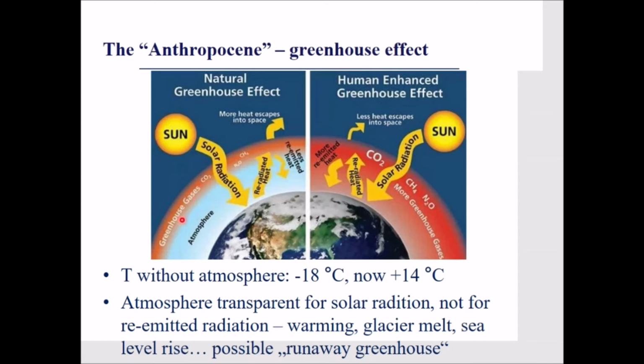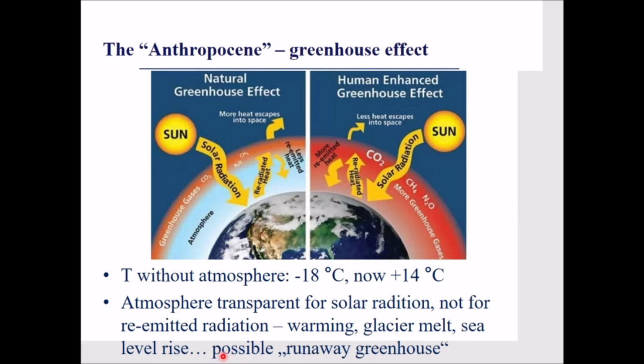Otherwise, if we didn't have that, the temperature on this Earth would be minus 18 degrees Celsius all over the world. So we wouldn't be able to live here. Now it is plus 14 degrees Celsius, and getting warmer. Okay. The atmosphere, this is in a nutshell how it works, also a repetition of what we said earlier. The atmosphere is basically transparent for the shortwave solar radiation, ultraviolet radiation, but it's not transparent for the re-emitted long wave infrared radiation. So this will result in a warming, and this will result in glacier melt, sea level rise,